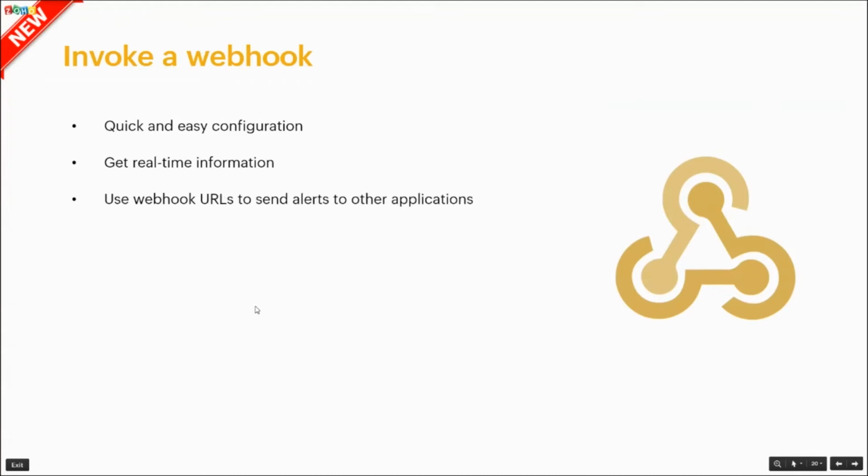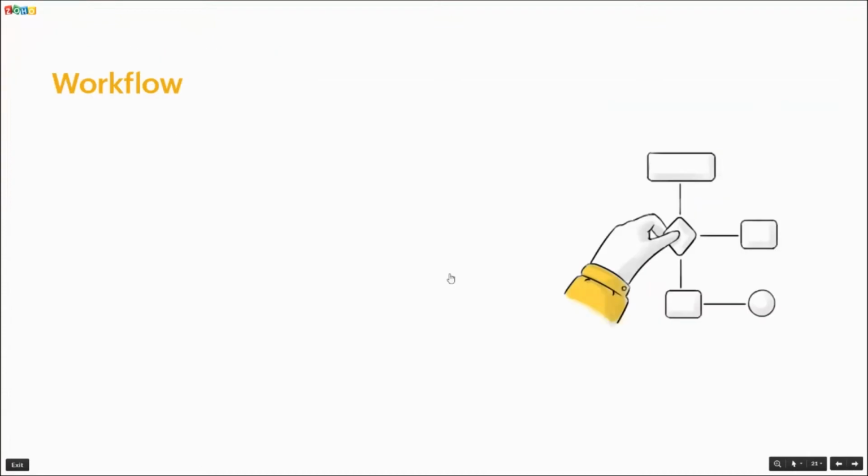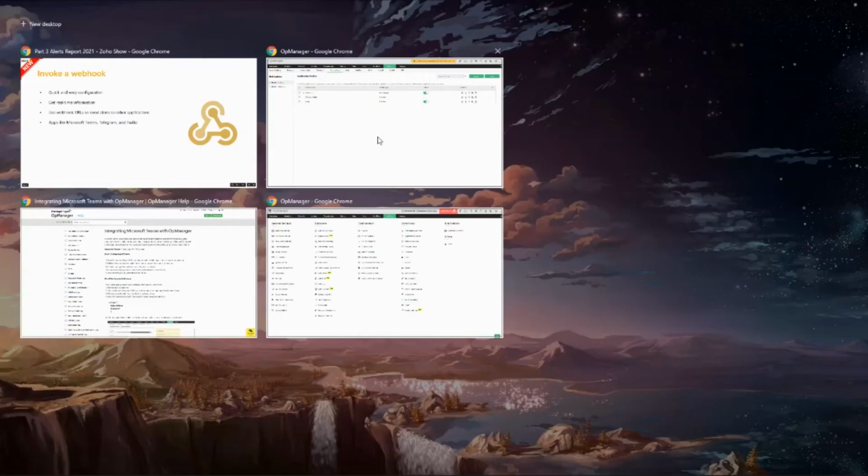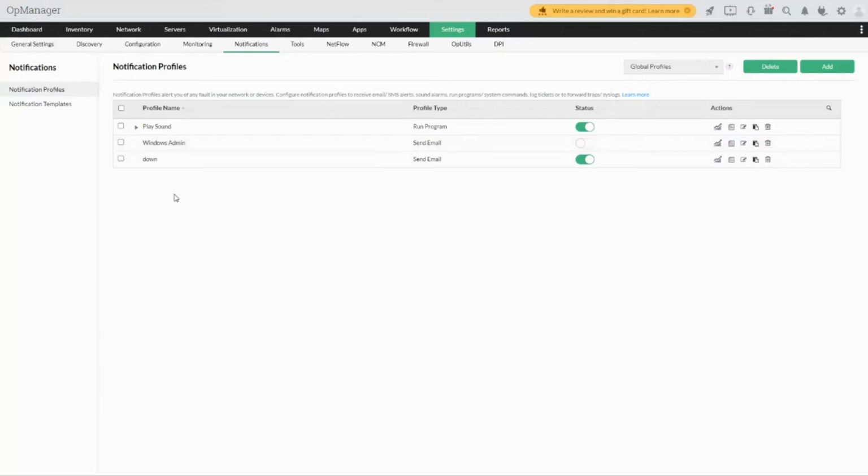You can use webhook URLs to send the alerts to other applications as well. For example, Microsoft Teams, Telegram, or Tiggle, or any platform which supports webhook-based invocations, you can use OpManager to invoke a webhook-based notification to the desired environment. So now let me take you to the product and show you the various different options which are available